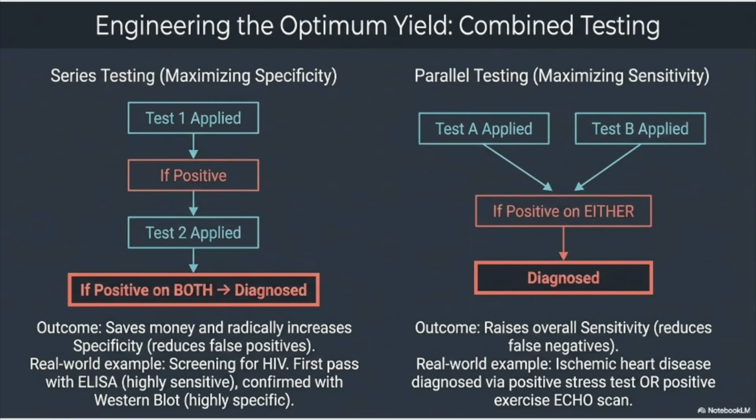As we come to the end of this discussion, remember that screening is one of the most powerful tools in preventive medicine. Its goal is not merely to detect disease but to detect it early enough to improve health outcomes. A successful screening program depends on selecting the right disease, using an appropriate screening test, understanding its validity and reliability, and interpreting the results correctly using sensitivity, specificity, predictive values, and appropriate testing strategies. Mastering these concepts will not only help you score well in examinations but will also strengthen your clinical decision making